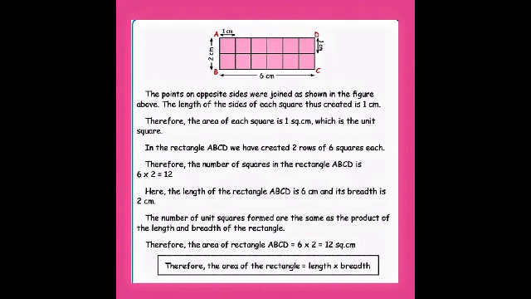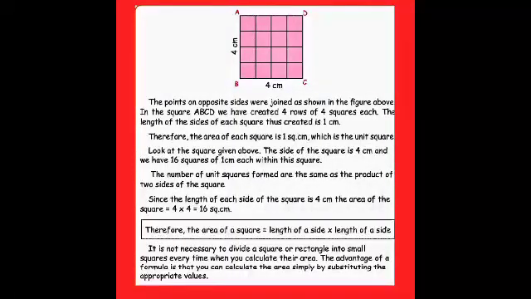The formula for the area of a square: we know that all the sides are equal. If all the sides are equal for the square, we multiply any two sides, that is length of one side into length of one side, since it is the same length for all the sides of the square. So we multiply the two sides twice, and we will get the area of a square.